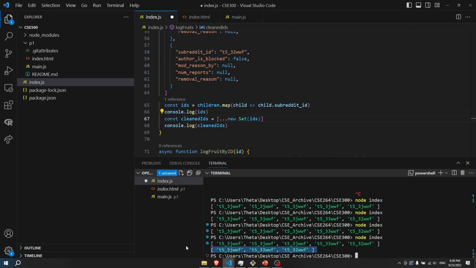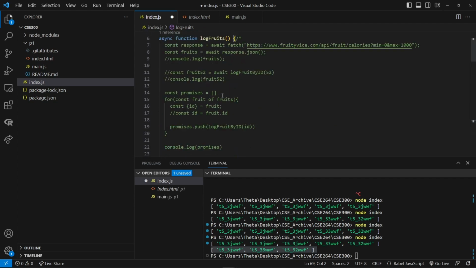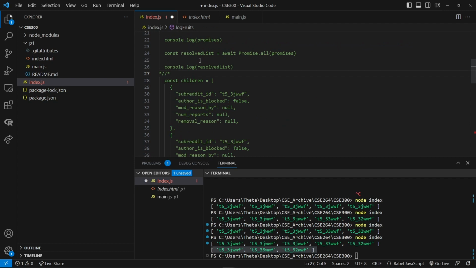So what you're supposed to do with that information is take those subreddits and look each one up individually, and the way you do that is with the example that I showed previously. So use a for loop, have an array of promises, then push to that array, and then just use Promise.all for all of it. What you can also do is use .map,